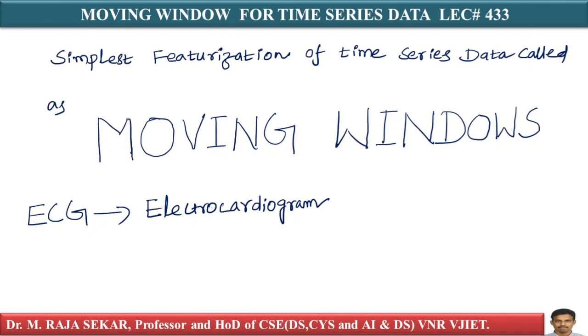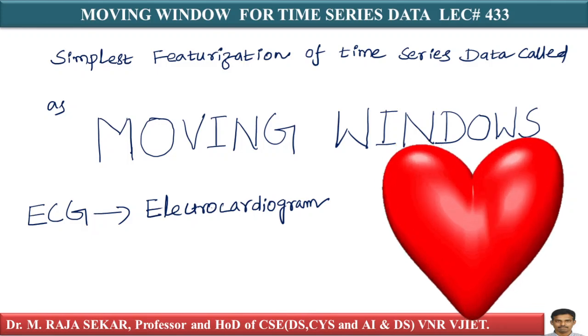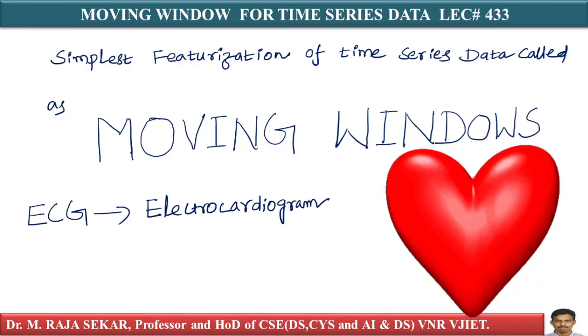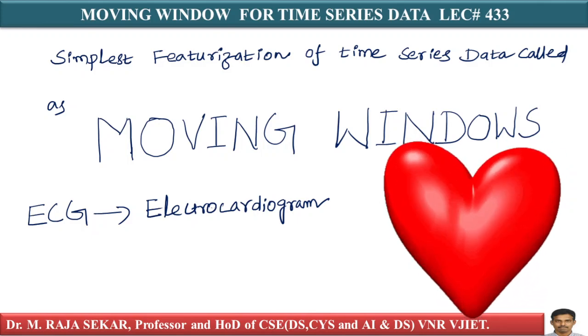ECG is an electrocardiogram, which measures how your heart is beating. It measures how your heart is behaving. I have a small example here, taken from the MathWorks website. They have some data sets for ECG data, and this is how the data